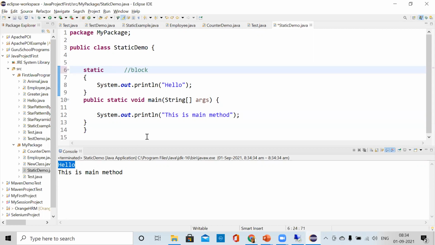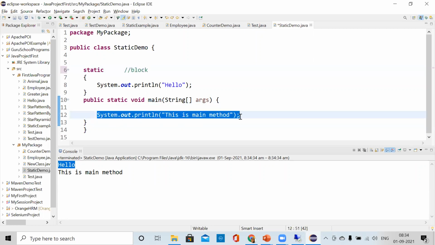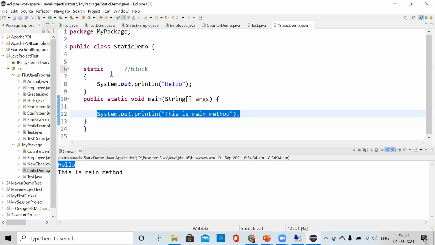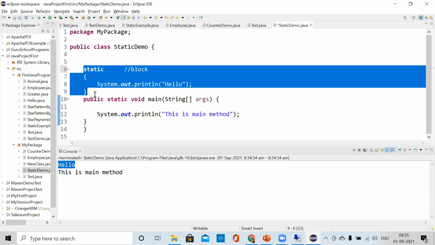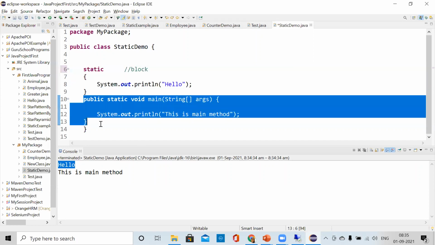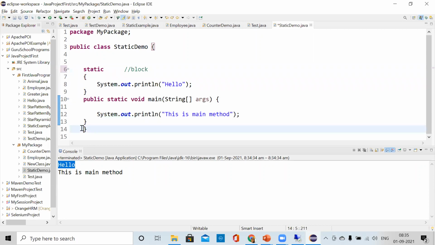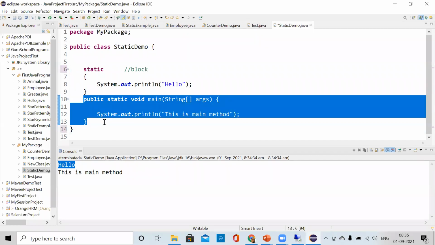Before executing the main method, before entering into the main method, it goes to the static block, and then it will enter the main method. It's just that it is giving error when I am not writing the main method. In the previous version, if you don't write the main method, it also executes. But in the latest version, you have to write the main method.